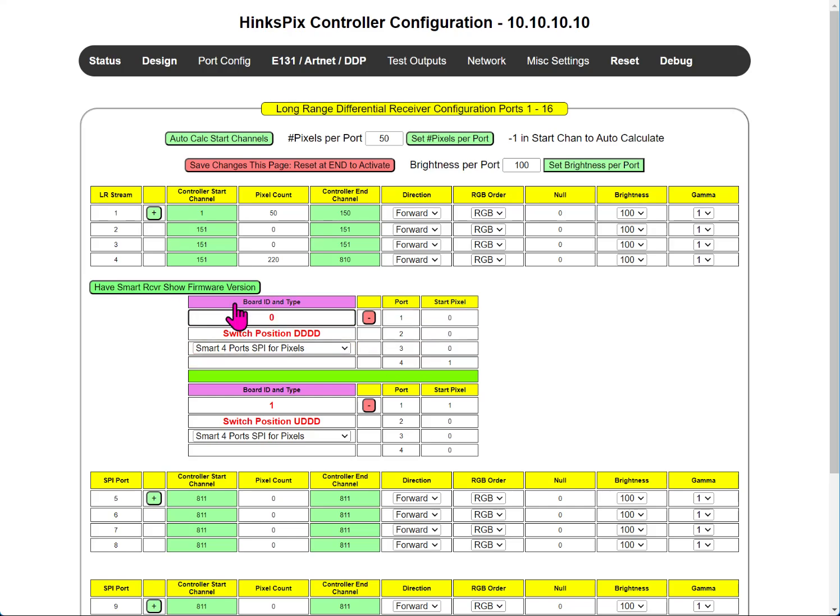You can see in the 0 receiver we have jack or output 4. Yes, it is configured. It has a number starting here. Ignore the fact that it says start pixel. That just means that there's something in there. And then also we have something here in 1. Number 1 right here. So the data is going down this port and hitting all of those ports or outputs